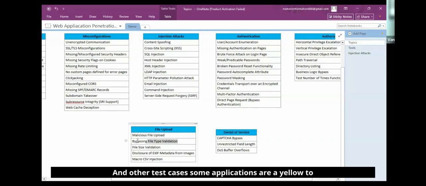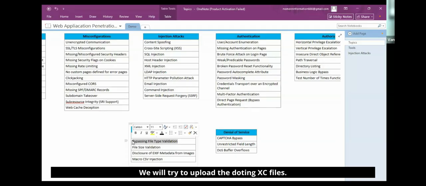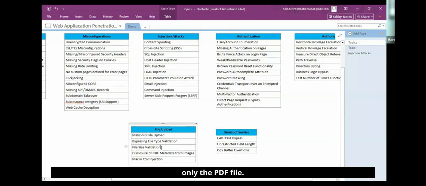And for other test cases, some applications allow uploading only PDF files. We will try to upload .exe files. At the front end, it will restrict us to entering only a PDF file, but we will explore how to bypass